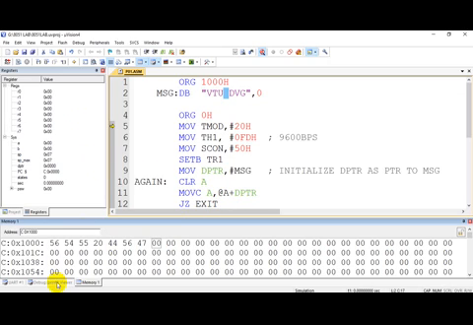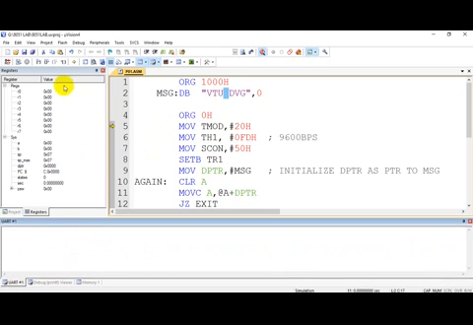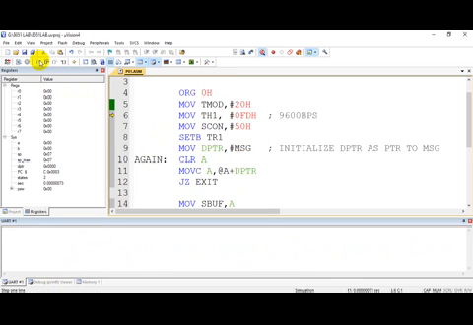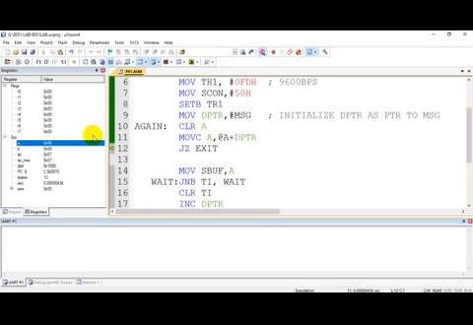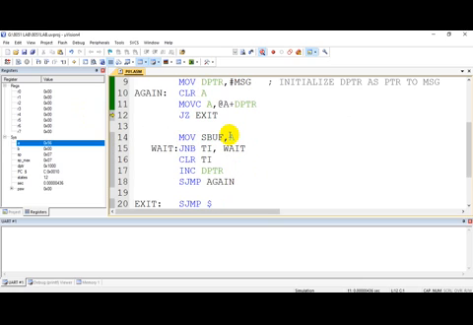Okay, so let's execute step by step. First we will configure TMOD. We have started the timer. DPTR is initialized. So in the accumulator, the first ASCII of V will be copied. As you can see, the accumulator has got 56. Now it is not 0, so this condition will be false, and whatever character you have read from the code memory, that is V, will be copied to sbuff.